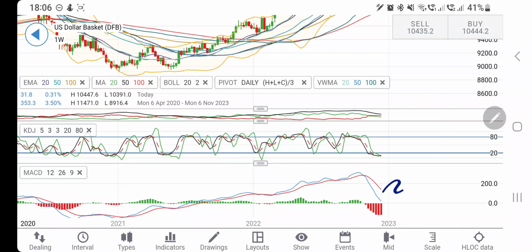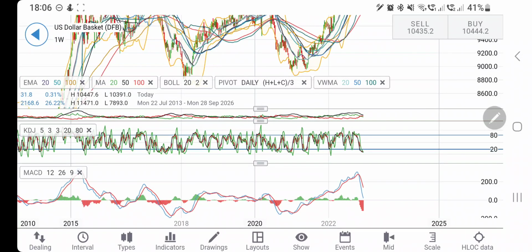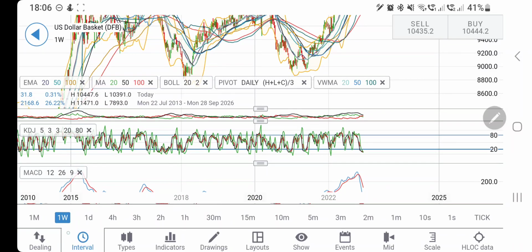The MACD has seen the peak here, and it is trying to converge here. Probably it has seen the drop. See, at this point we have seen this crossover happening on the weekly charts. It is still trading with the divergence, but it appears that the peak is almost here, and from here a little convergence can be seen.